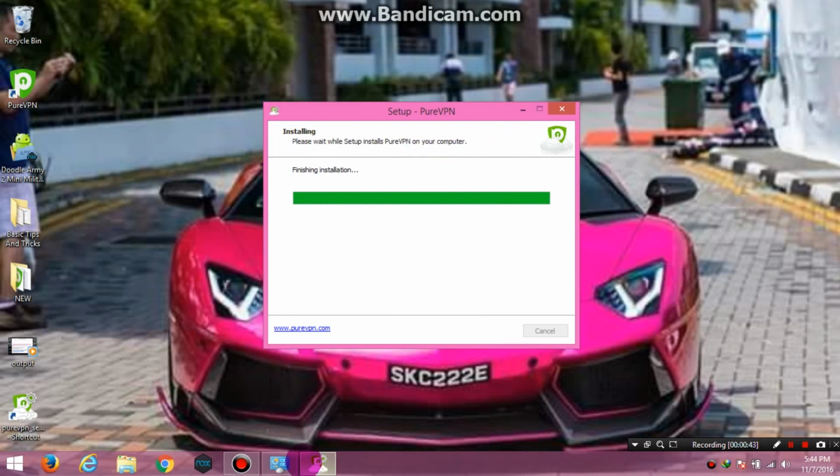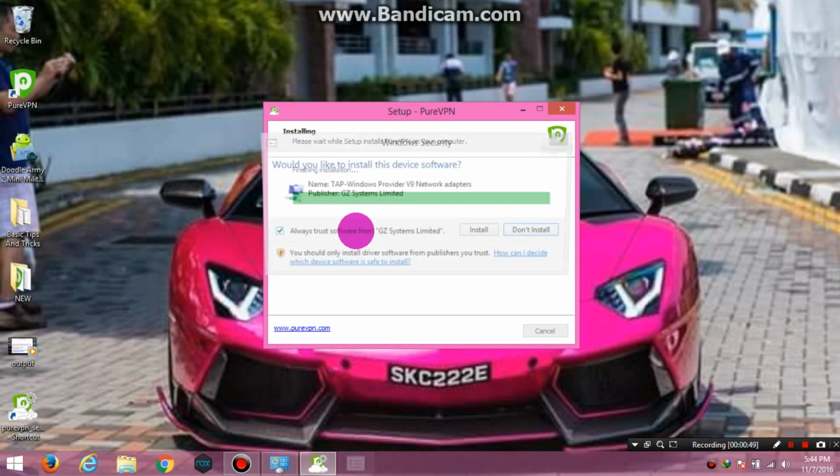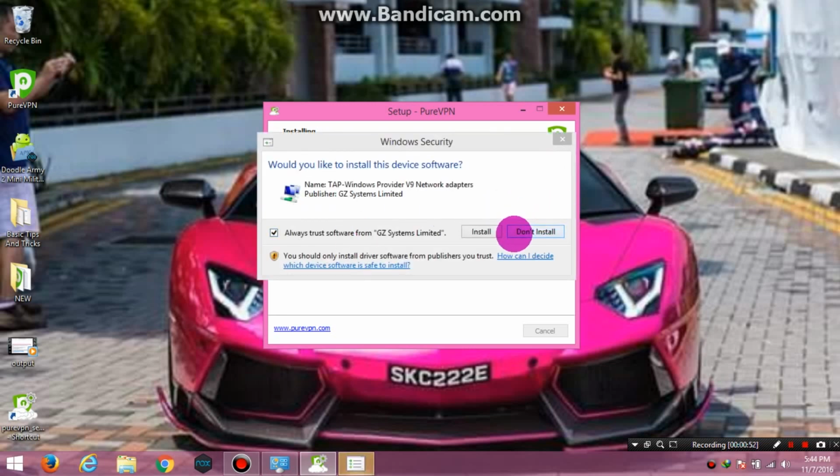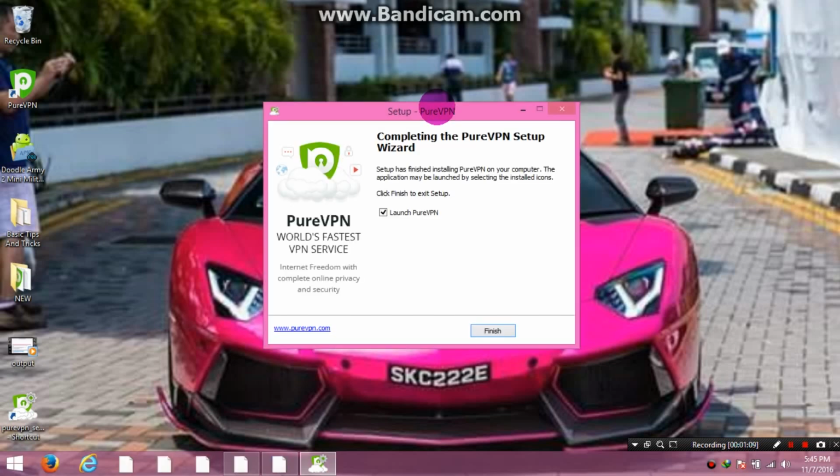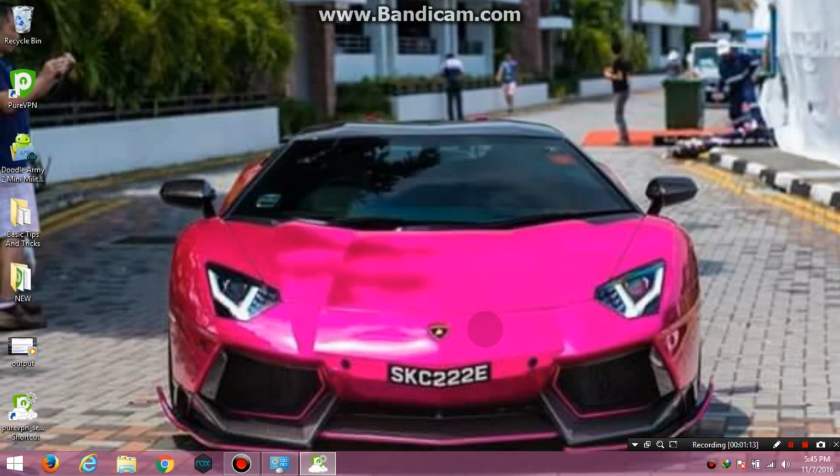And here you must click on install. Yes, you can see here that it has been installed, and click on launch Pure VPN, and it will launch.